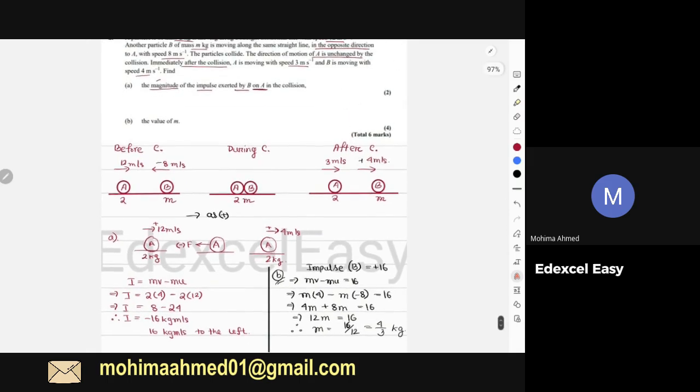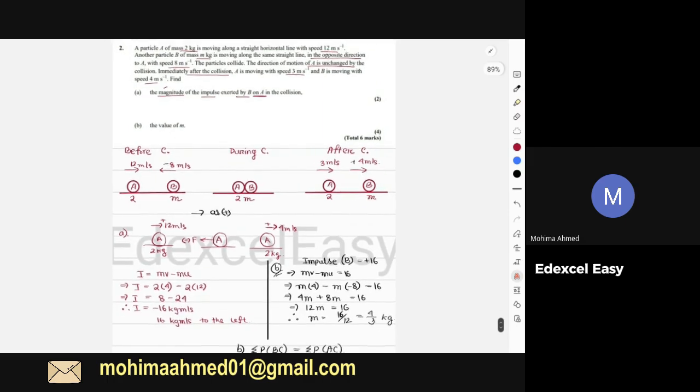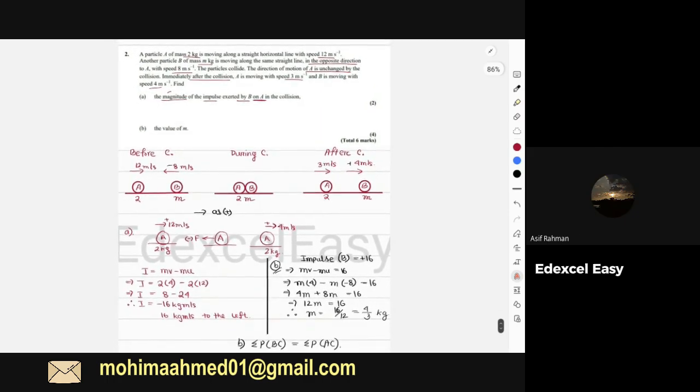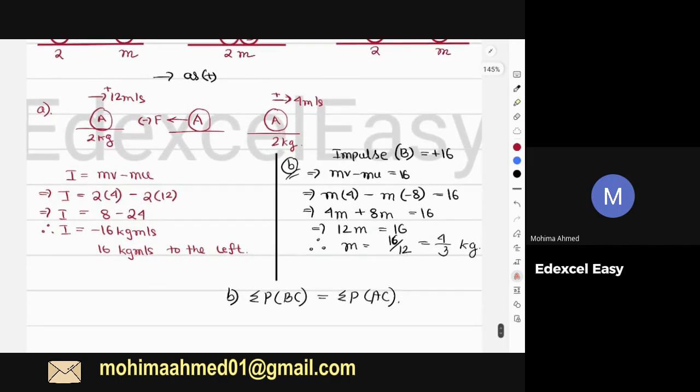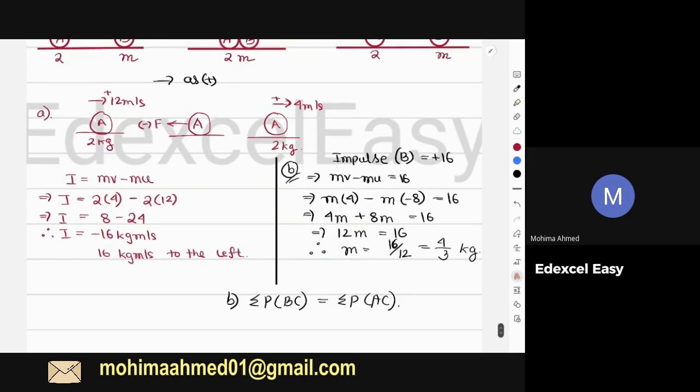Is there any problem from this question too? So can you explain it again, the part B? Part B, yeah, sure. In part B, what happens? I actually didn't do the diagram for part B, but if I just copy this part,